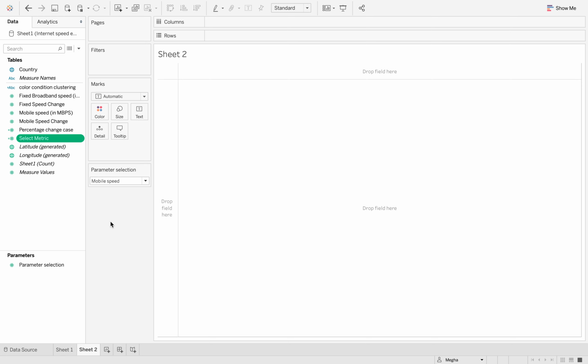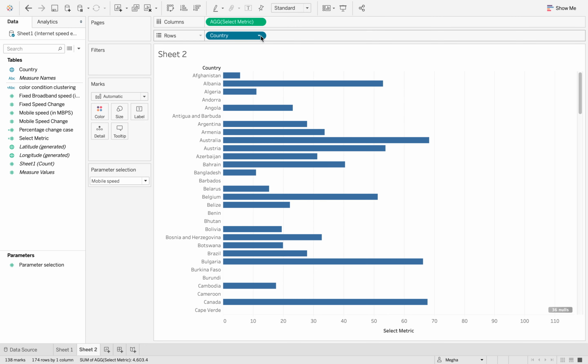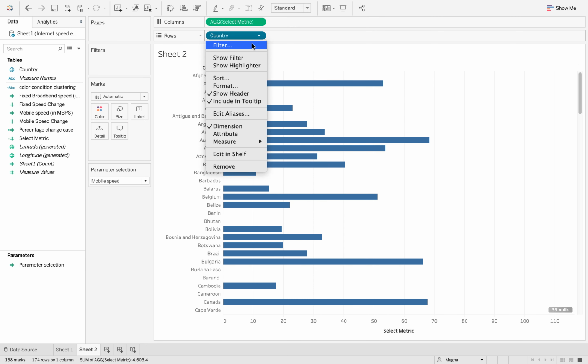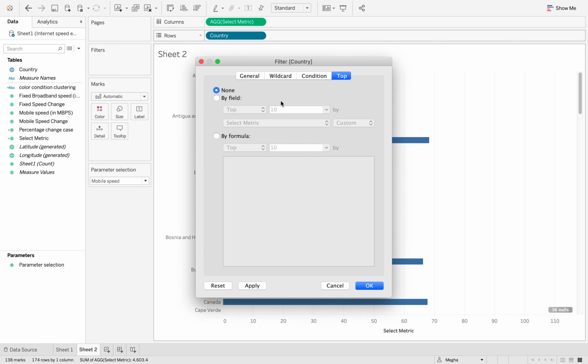Now the next step is to create a bar chart. All we need to do is select the metric capsule, move it to the column section, countries into rows, and edit the filter of countries, top 10 by field.